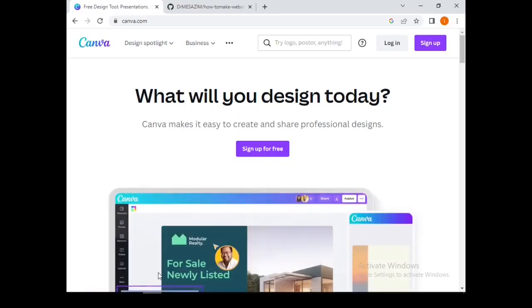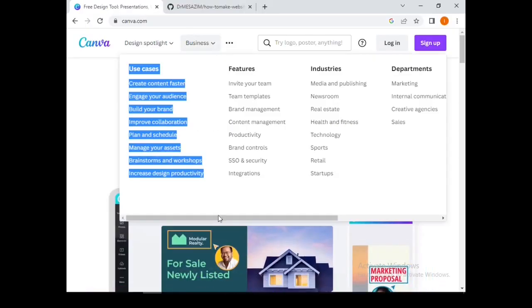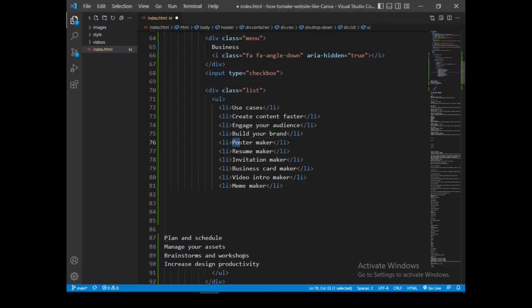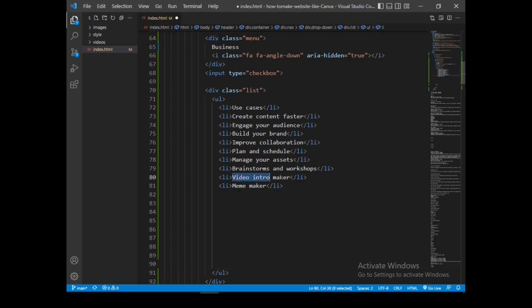Okay, share. So this is the next text that is going to be replaced. Now let me also replace plan and schedule. Let's also replace this text. We replace this text. Then lastly, we collect this text. Okay, we can now remove this content. Now we're left with this one.